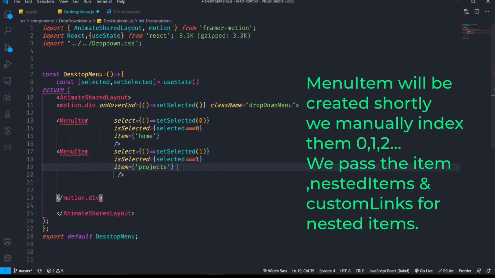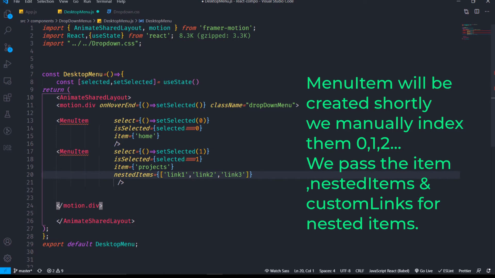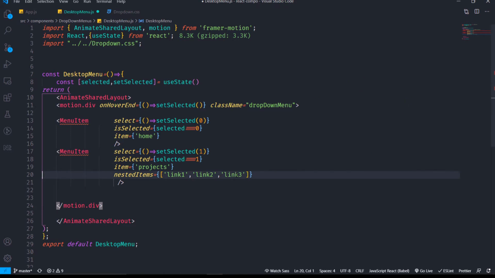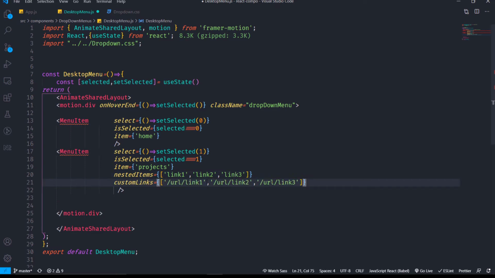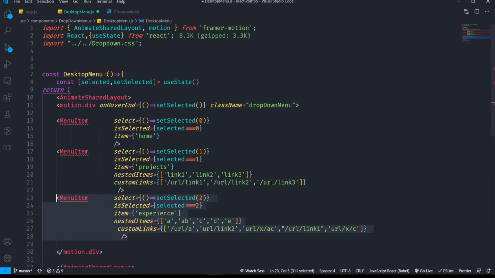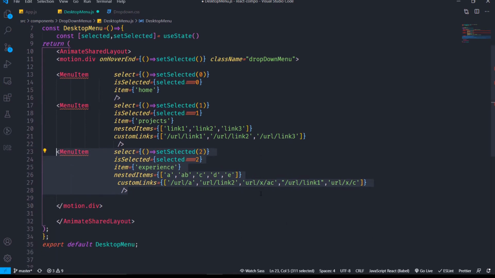An item will be the main item that will be shown, which will have drop-downs. In the second menu, as you can see, the item is projects; in the first one it was home. Then there are the nested items. In the second menu item you can see the nestedItems prop, which has an array of 3 links. These are the drop-down menu content, that is the drop-down menu links to be shown.